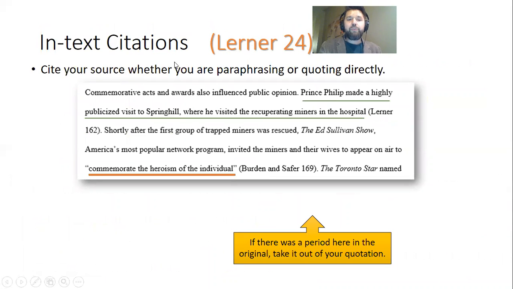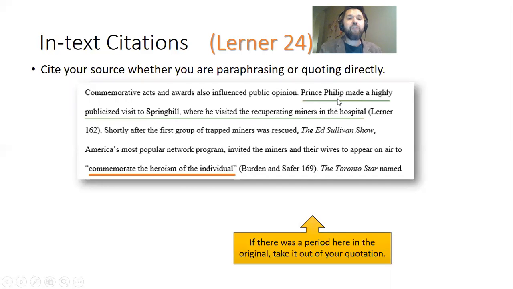You'll cite your source whether you're paraphrasing or quoting directly, and we're going to talk about both of those in this video. Paraphrasing is this first example. Prince Philip made a highly publicized visit to Spring Hill, where he visited the recuperating miners in the hospital. That information comes from the book by Lerner, but those words are not Lerner's words.